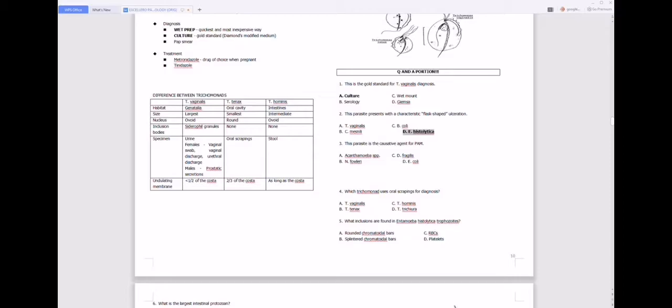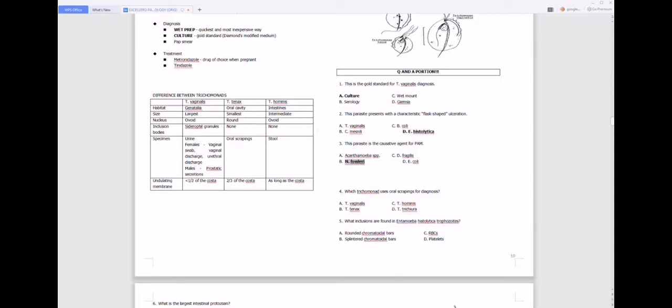So, okay. Number 3. This parasite is a causative agent for PAM. So what is the meaning of PAM? Primary amoebic meningoencephalitis. So letter A, Acanthamoeba species. B, Naegleria fowleri. C, Dientamoeba fragilis. Or letter D, Entamoeba coli. So the answer is